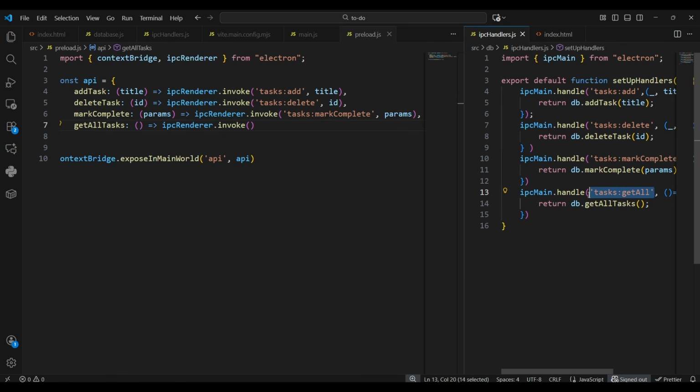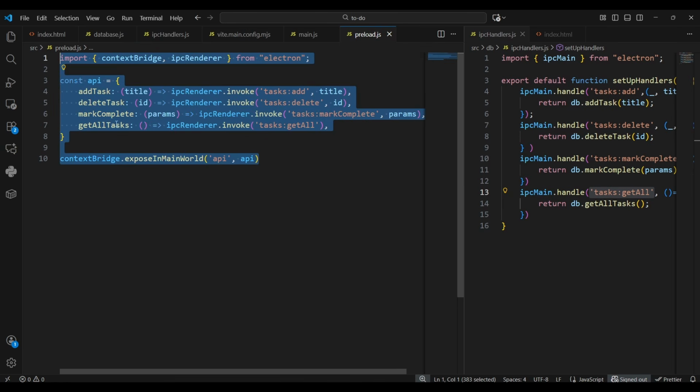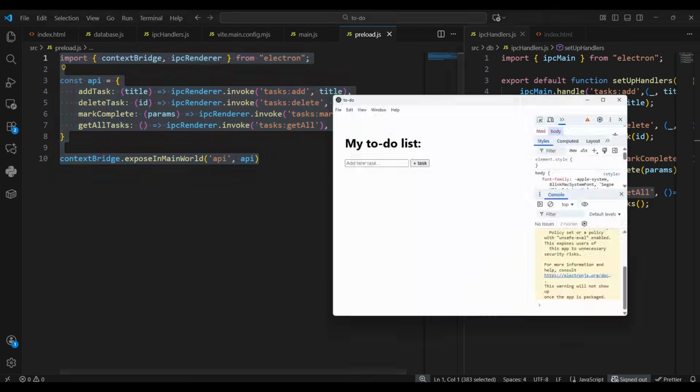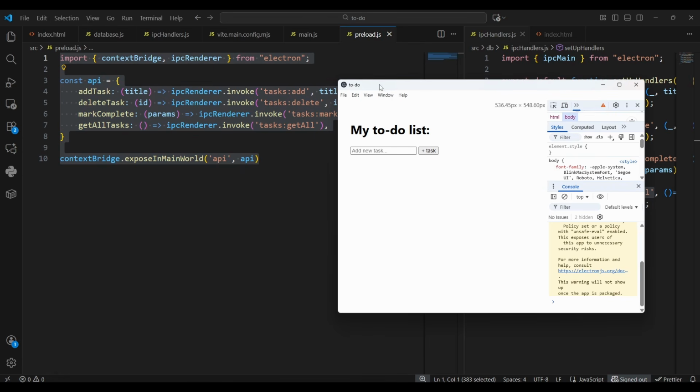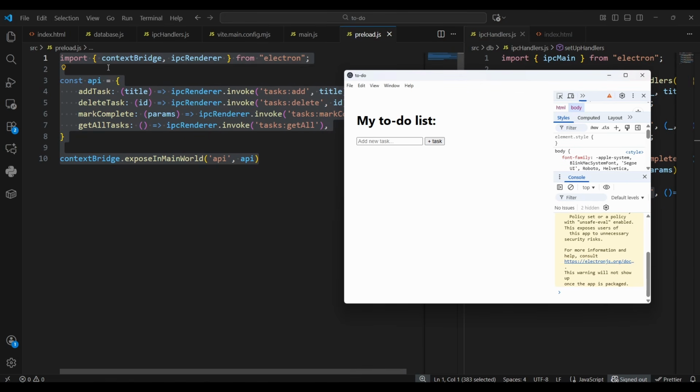ipcRenderer.invoke tasks get all, and that is it. Now we're ready to start adding interactivity to our to-do list that currently does nothing at all. Okay, so let's go to